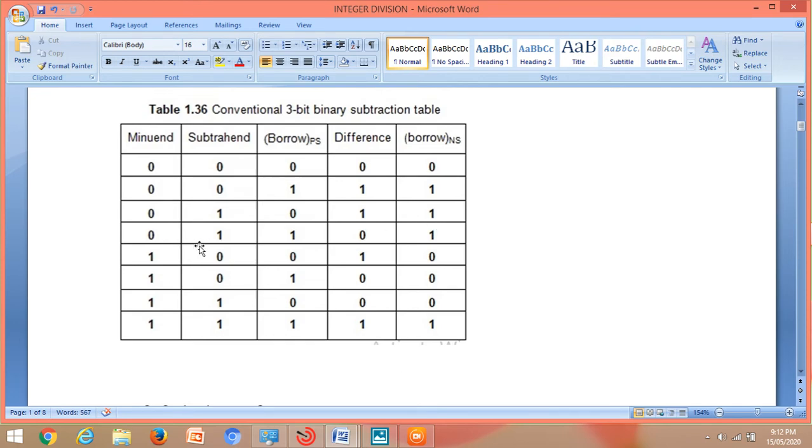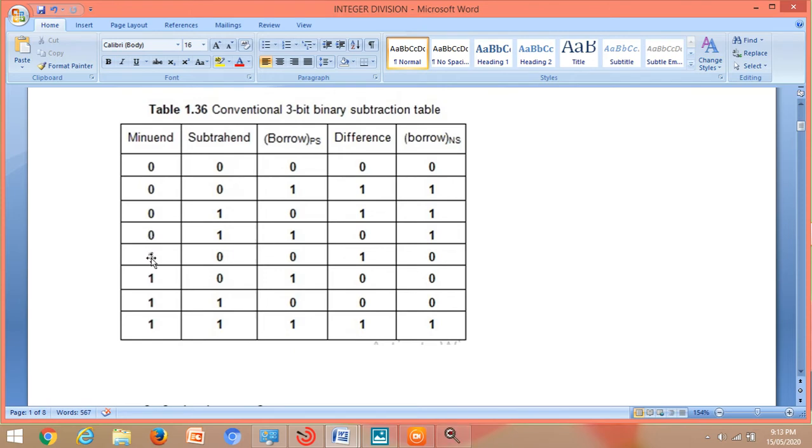Similarly 0 minus 1 minus 1. 0 minus 1, we get the answer as 1. Then 1 minus 1 gives me 0, but the borrow is already there, which has been put to 1. Is it clear? No need to be confused in this concept. In the previous one, 0 minus 1 was 1, and 1 minus 0 was 1 only, therefore the answer is 1, and the borrow is there as usual, because we are subtracting 1 from 0.